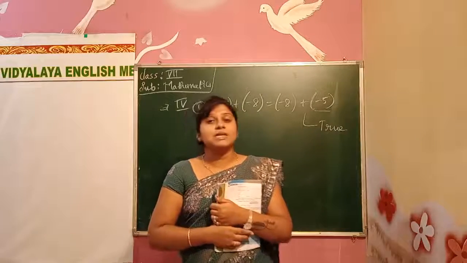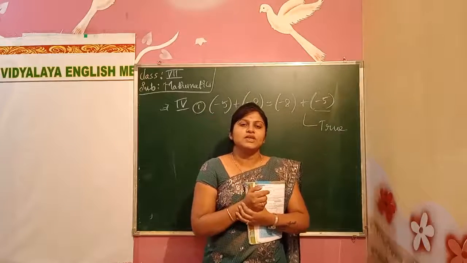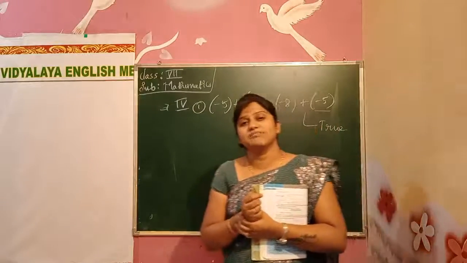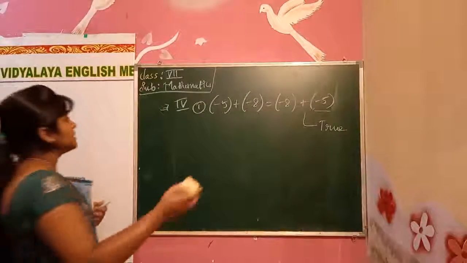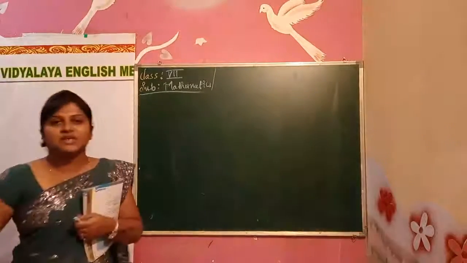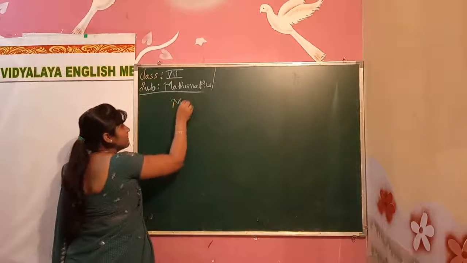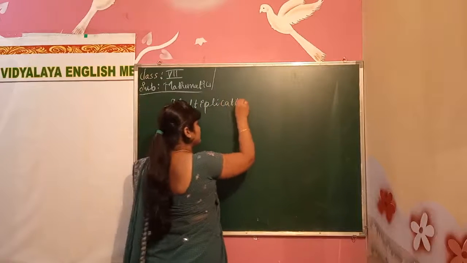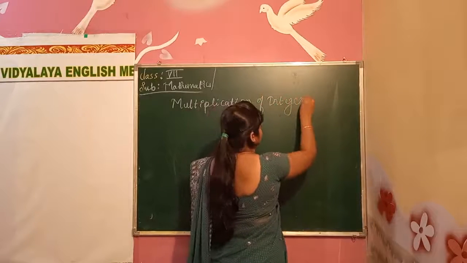Okay, we are starting with the multiplication today. Till now we did the addition of integers, we did properties of addition and subtractions. Now we'll go on to the multiplication part. Multiplication of integers. How were we doing addition? We were adding the numbers. How were we doing subtraction? We are just minusing the numbers. But here we are doing the multiplication. Multiplication of integers. In multiplication we see the addition parts.